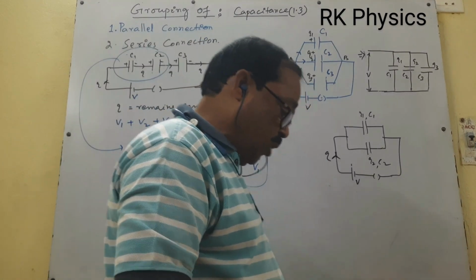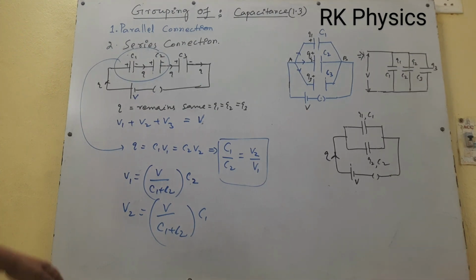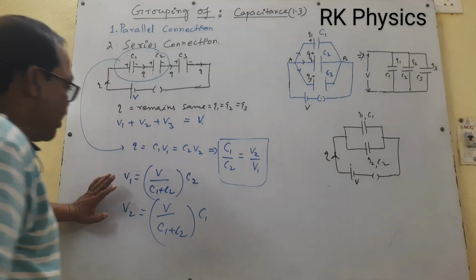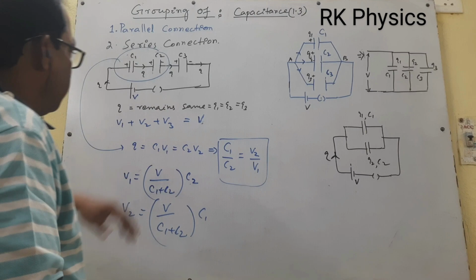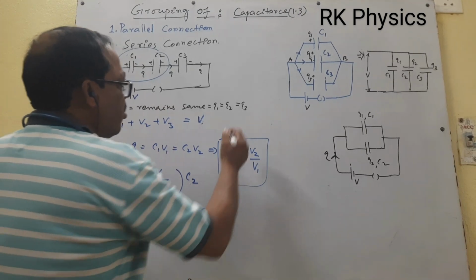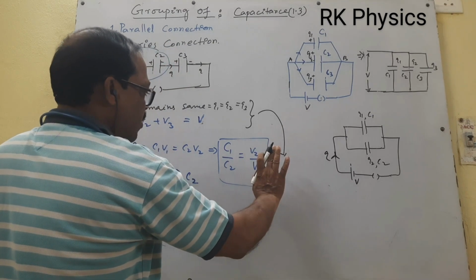It is possible to calculate potentials across individual capacitors if there are two capacitors. Okay. So now if you use these two techniques,